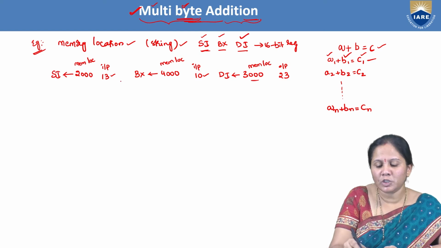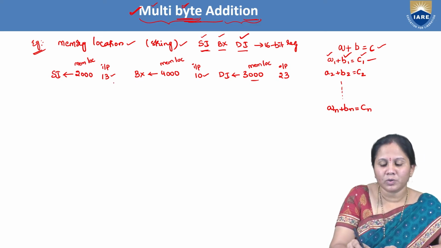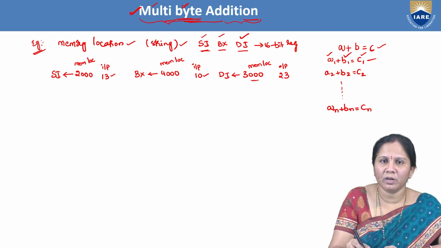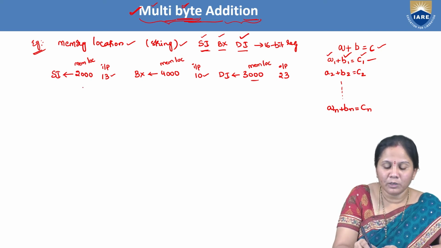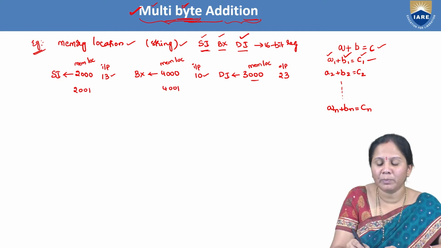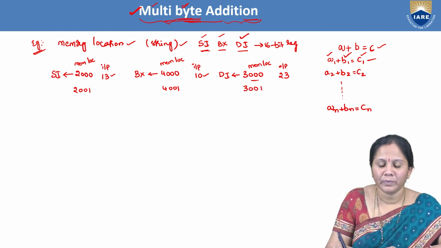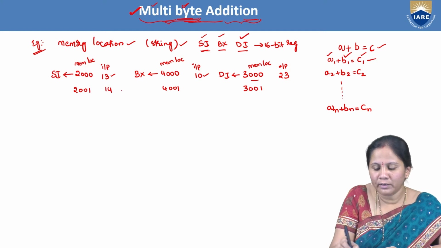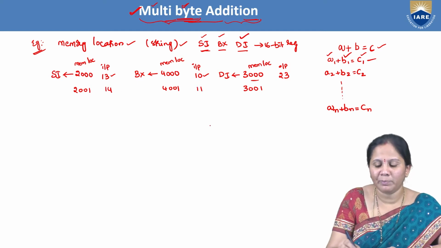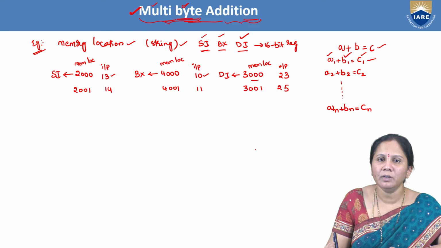And so in order to perform the addition operation between this 13 and 10, we have to use the instruction called ADD, addition operation. Now here, multi-byte. So in order to take more number of inputs, the first one we have taken from 2000. The next input we have to take from 2001 and 4001. After performing the addition operation between these two, it should be stored in 3001. So let us consider here 14 and the input is 11. After performing the addition operation, the result will be 25. It will be stored in the 3001.